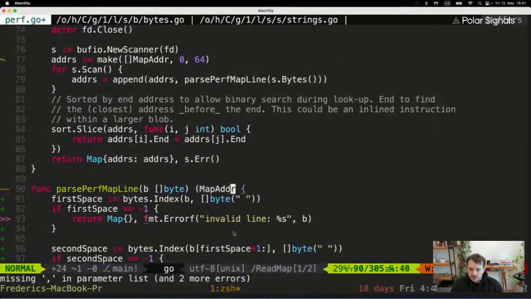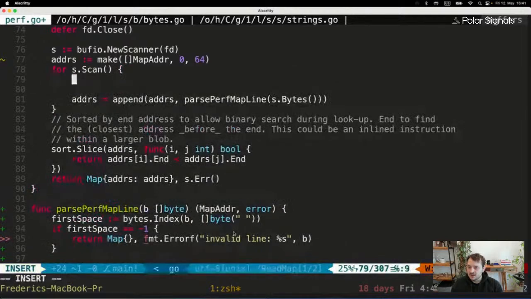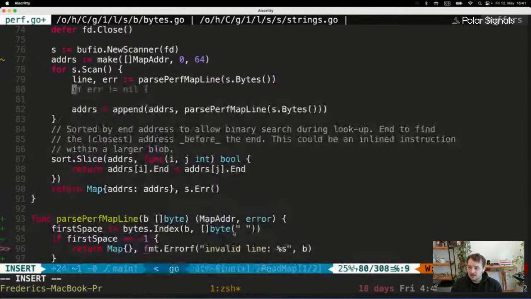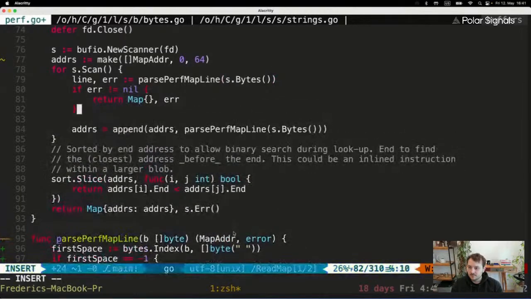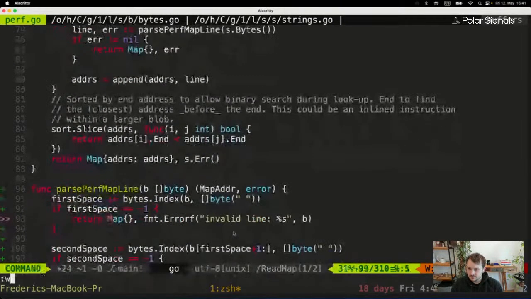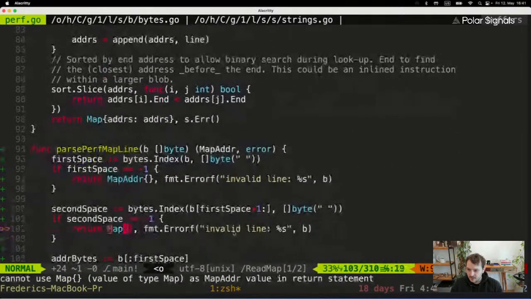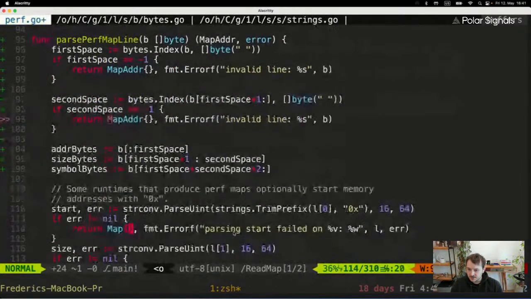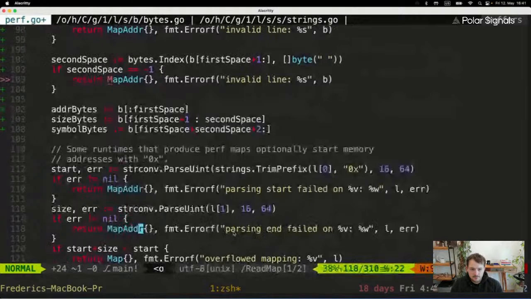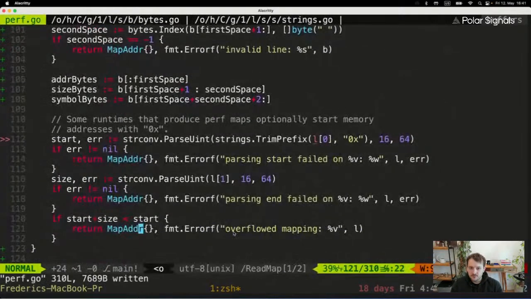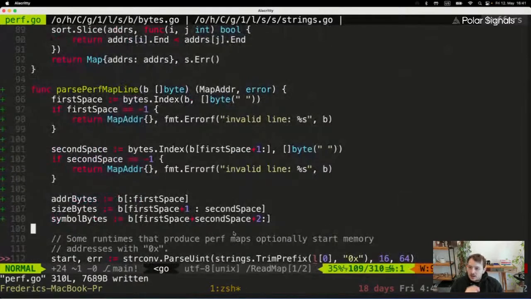And yeah, of course, we're going to need to return an error here, and that already means that we can't do this anymore. But line, comma, error. Returns. All right, so